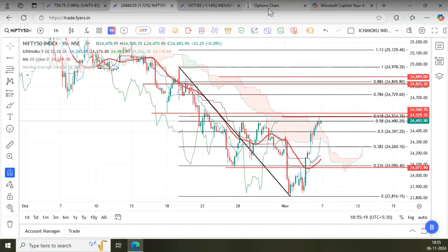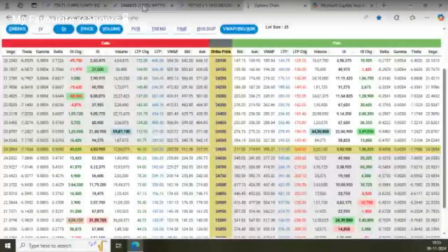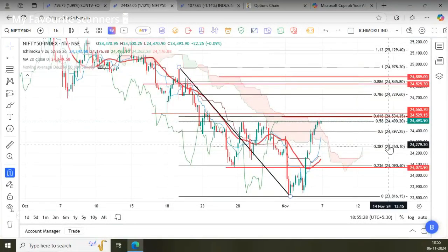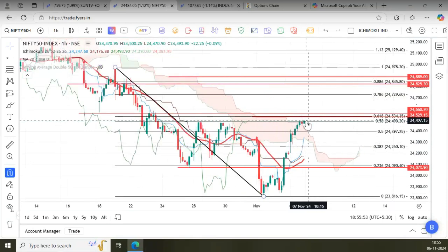So it is very clear now that tomorrow, as I said, we need to cross this 24,560. If there is a slight gap up, and if we are not able to cross 24,561, or we cross and then don't sustain this 24,561, we have a high chance of coming back to 24,260 or 300 levels very easily. So this level maybe somewhere here, maybe 24,150 also may be possible. I don't know. It's too early to say that, but the point is that there is a high chance of